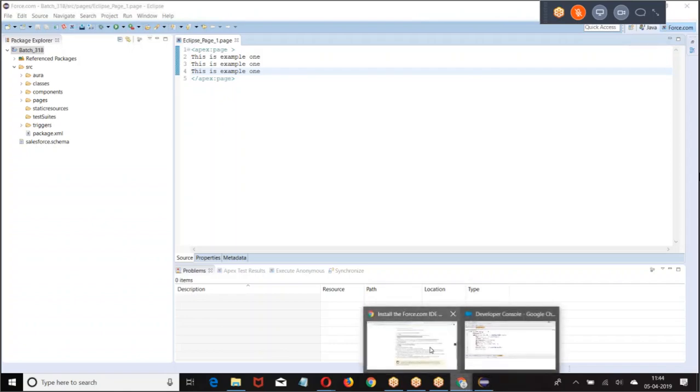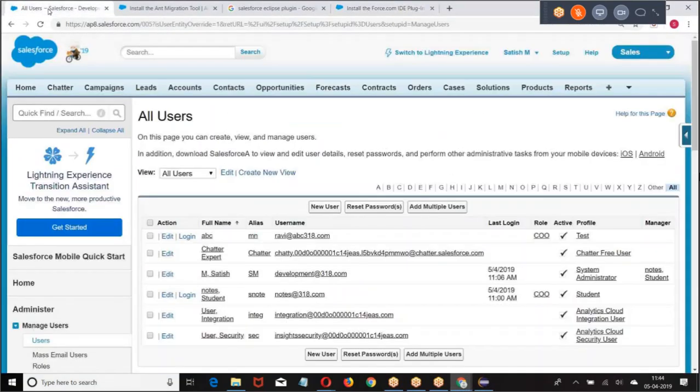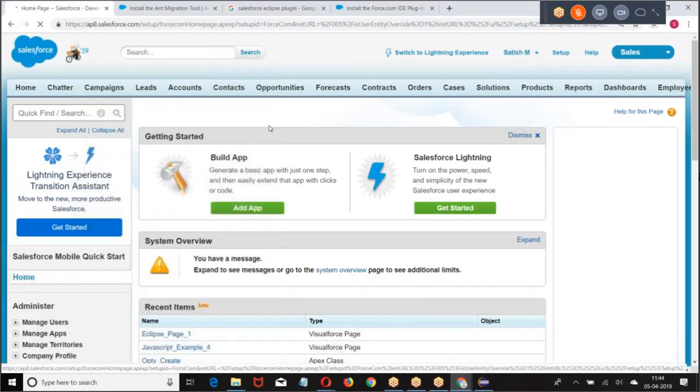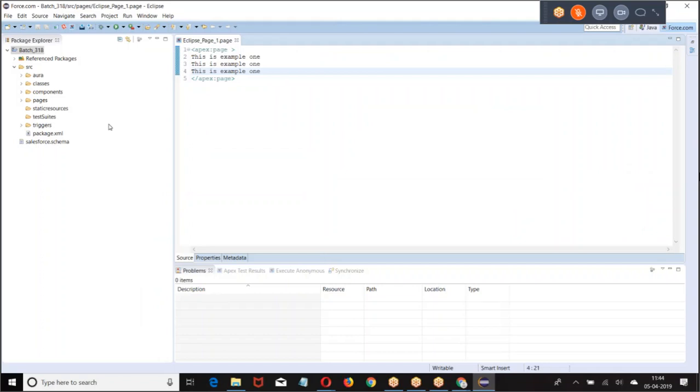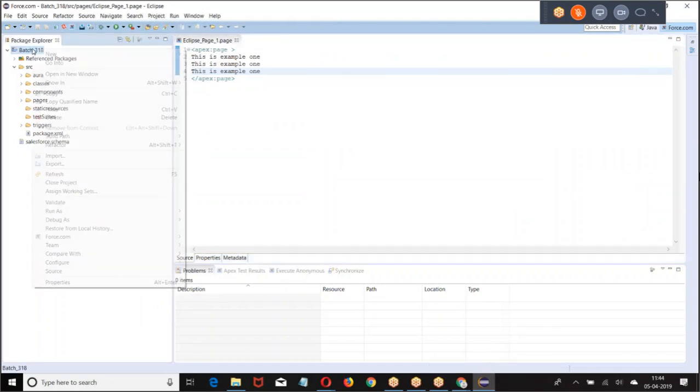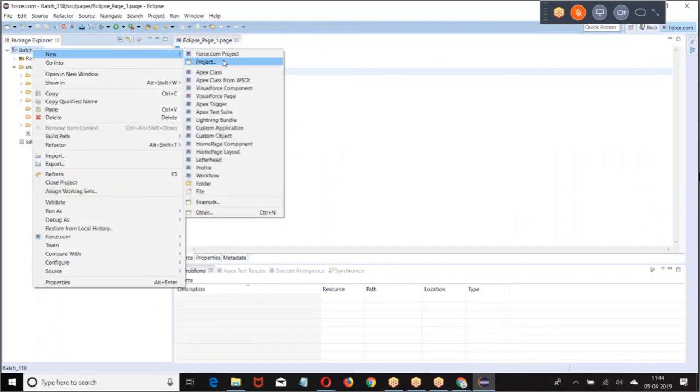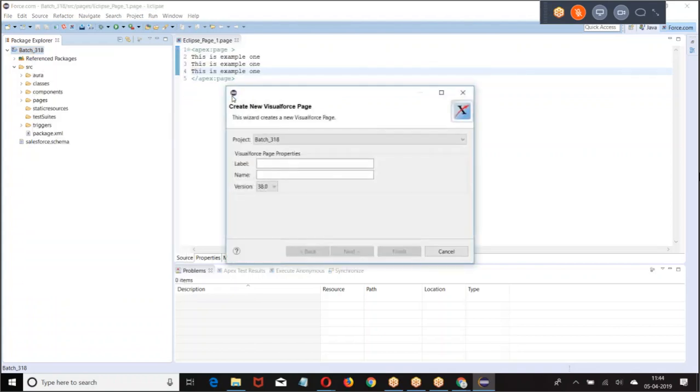Go back to the account, setup. You're able to see Eclipse page 1 because I was working on work online. Again, give a right click, new Visual Force.